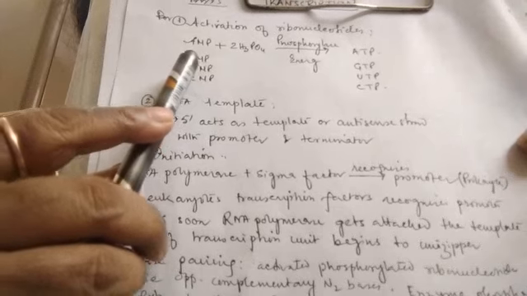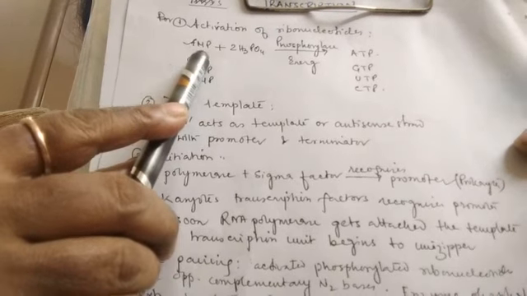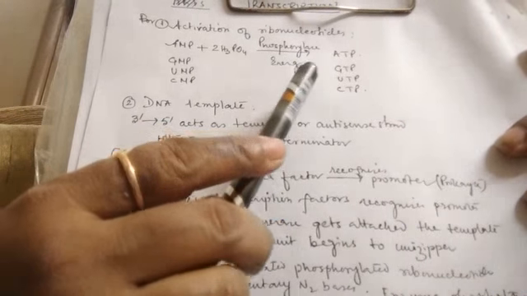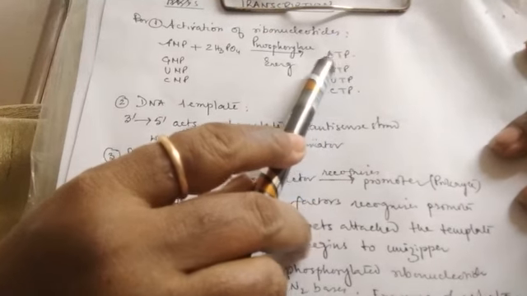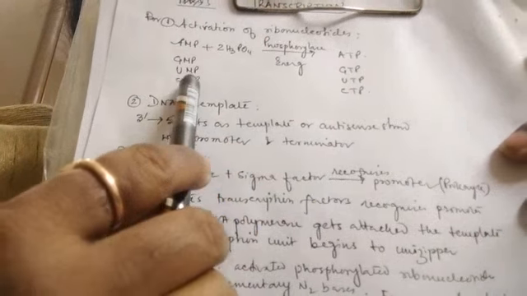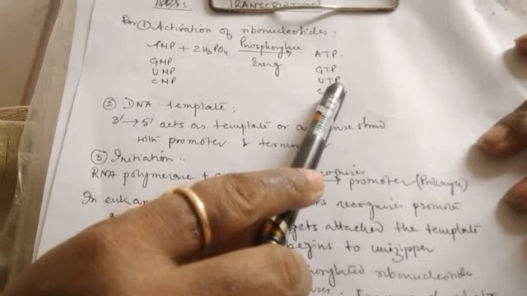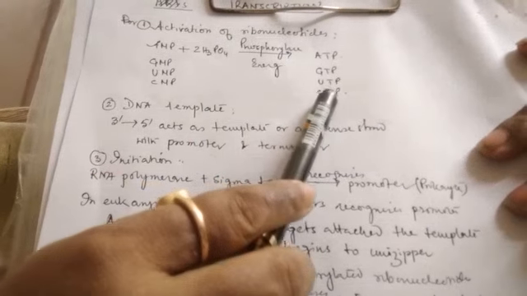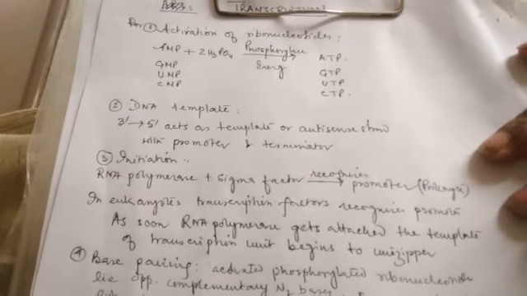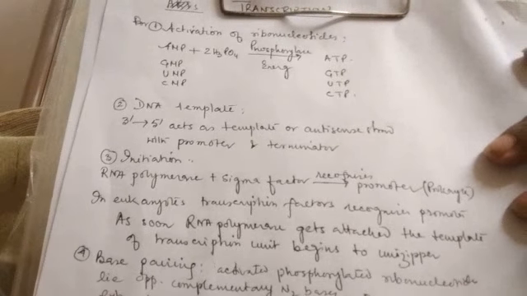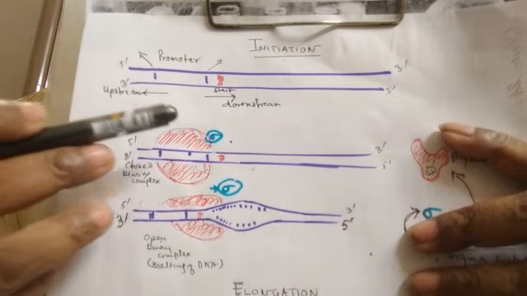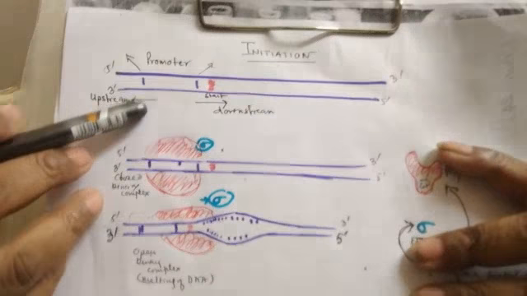At first there is activation of the nucleotides. That means nucleotides like AMP get activated with the help of energy. The phosphate bonds are formed, so AMP becomes ATP, and UMP gets activated to UTP. Likewise the nucleotides get activated. Clear? That means they actually gain energy. And so the first part is the initiation.